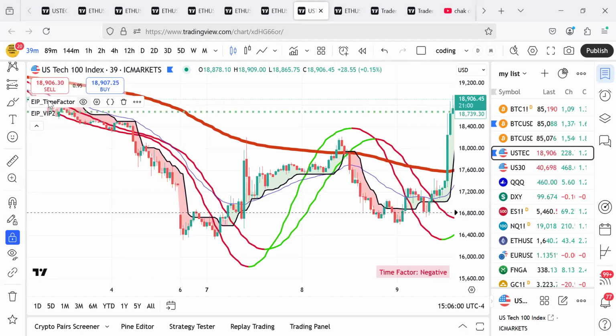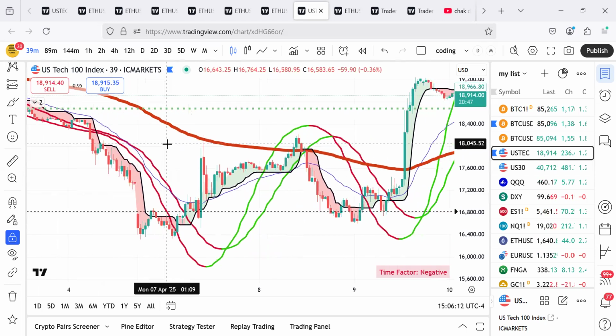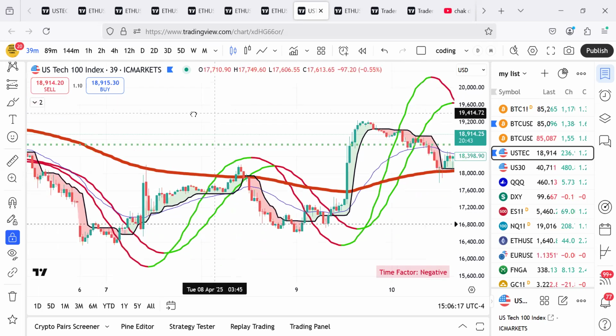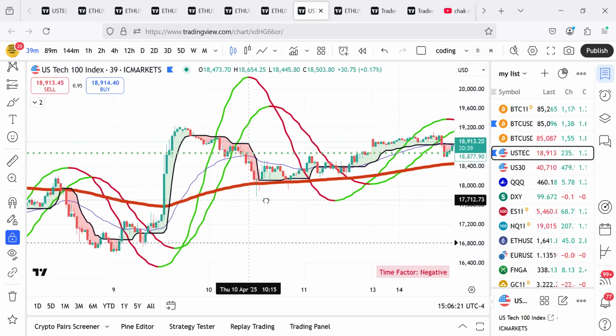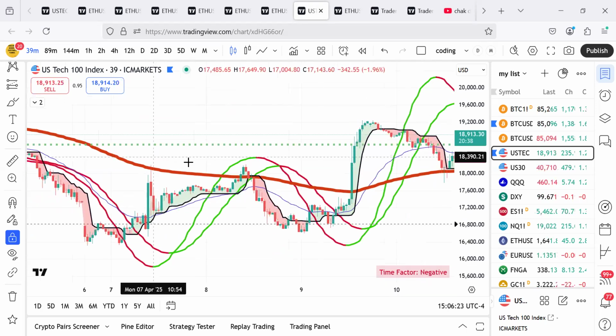Now, the people who are in my group already have access to EIP VIP2, but this is a new indicator, EIP time factor, that I'm talking about. In this video, I will show you how time factor has solved a critical problem which was in EIP VIP2, and now that we are equipped with the time factor, nothing can stop